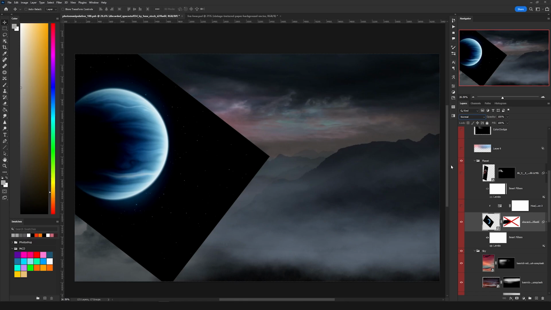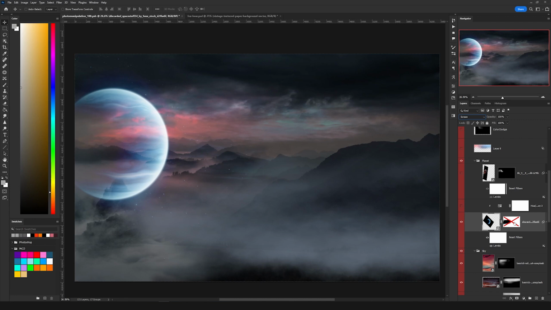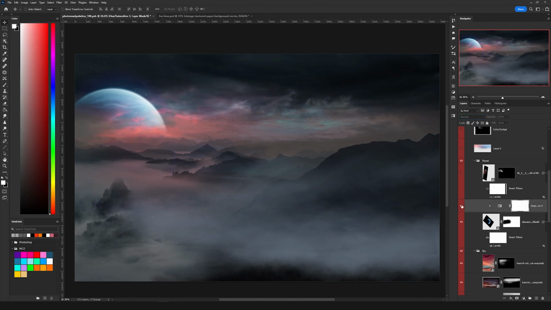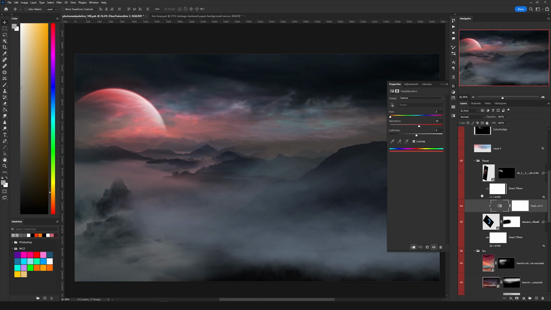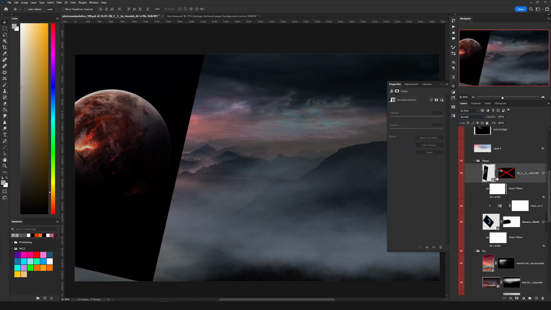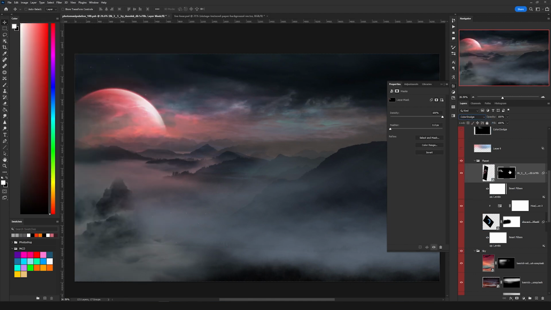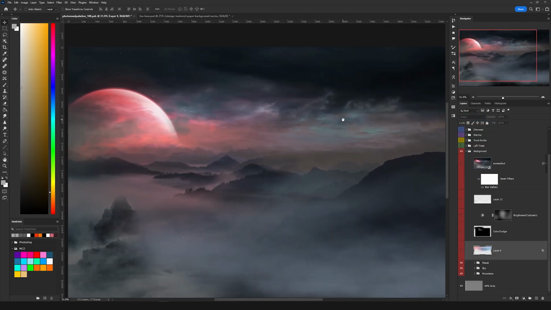For the planet, I have used this planet picture and I have set the blending mode to screen. I have added a mask, kept only that part, and with a hue and saturation, I have changed the color to this reddish color. Then on top, I have placed this picture with another planet and I have set the blending mode to color dodge, added a mask,